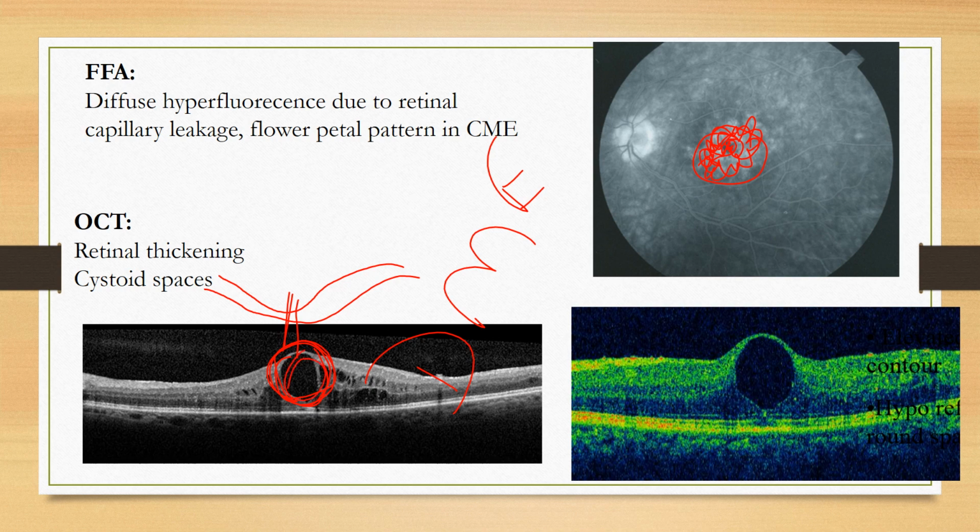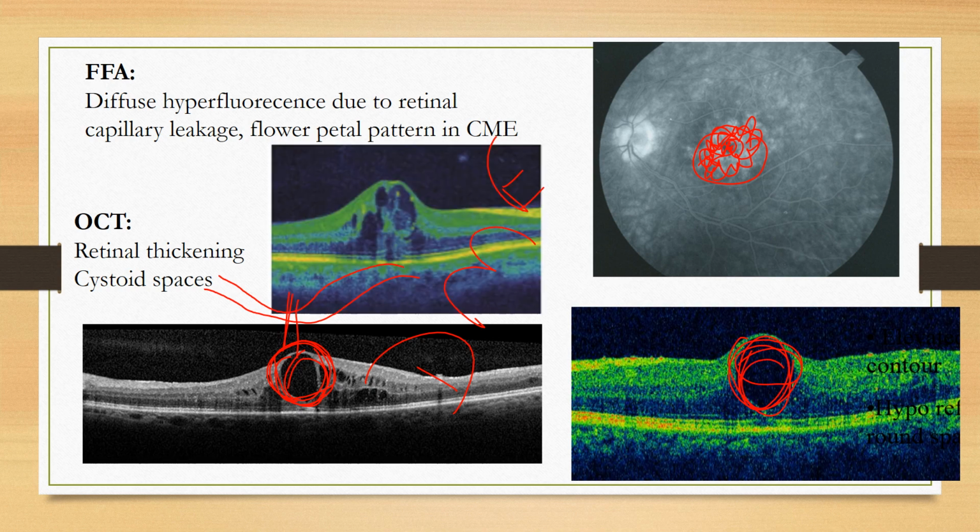The difference between cyst and edema is, in case of edema there is too much liquid inside, whereas in case of a cyst it is an air space in between. Okay, so this is the difference between a cyst and an edema. Edema is like a blister which we form, whereas a cyst is like what we get in a kind of wart. So there will be an air space within the retina. So this is the difference between a cyst and an edema.